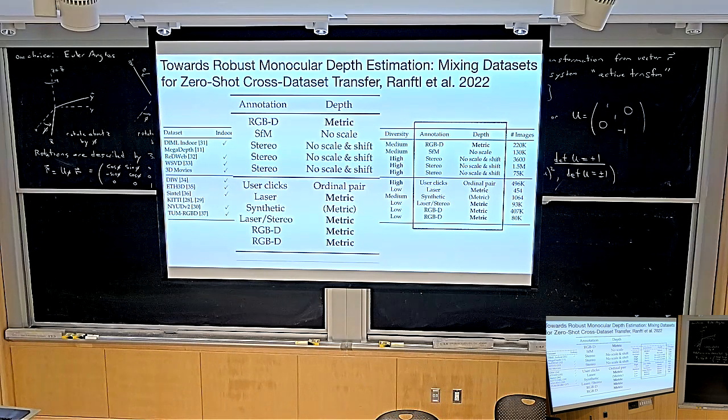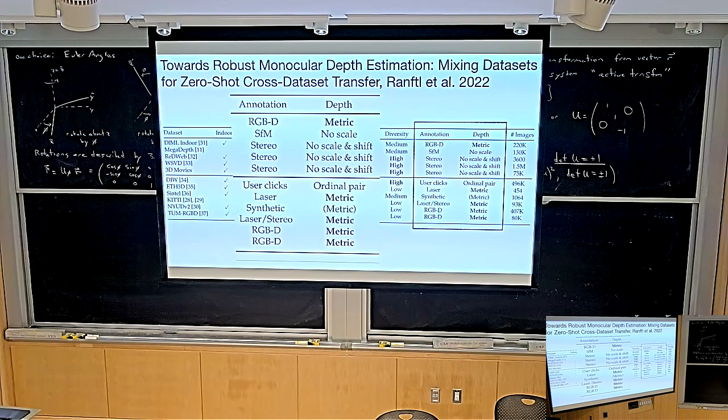Okay, annotation RGBD. There's this one data set, DIML Indoor, collected with an RGBD sensor, and they say the depth is metric. That makes sense. If you build an RGBD camera, you can calibrate the sensor to give you metric depth, which just means that the depth values are actually in meters, right? Let's look at the next one, structure from motion. The second line is structure from motion, COLMAP, or one of these structure from motion methods that we talked about in the last lecture. And here you can see an interesting little catch, which is that it says no scale. So let's talk about that for a moment.